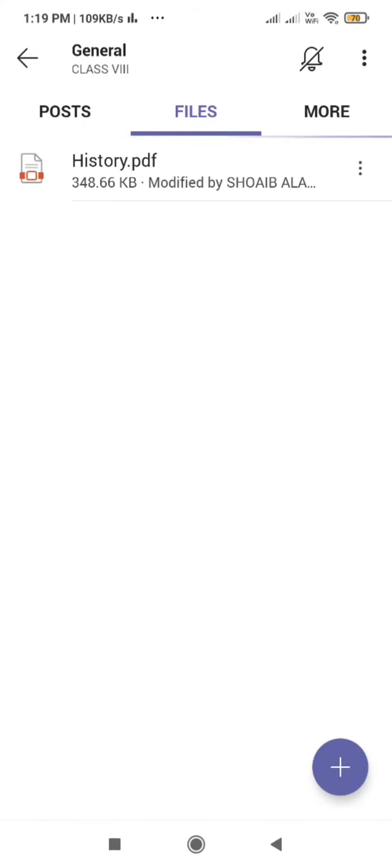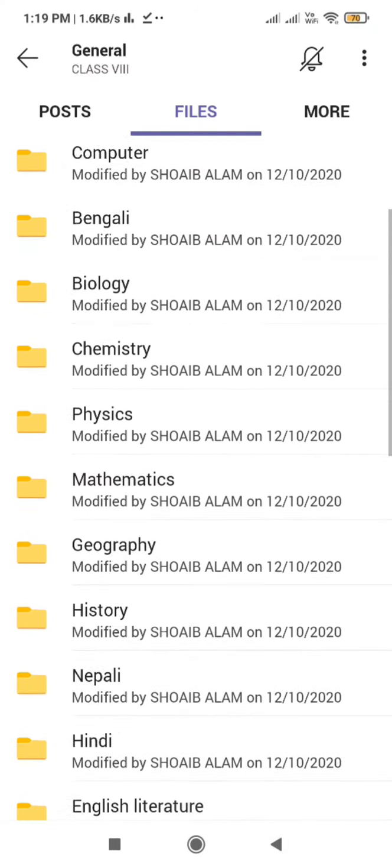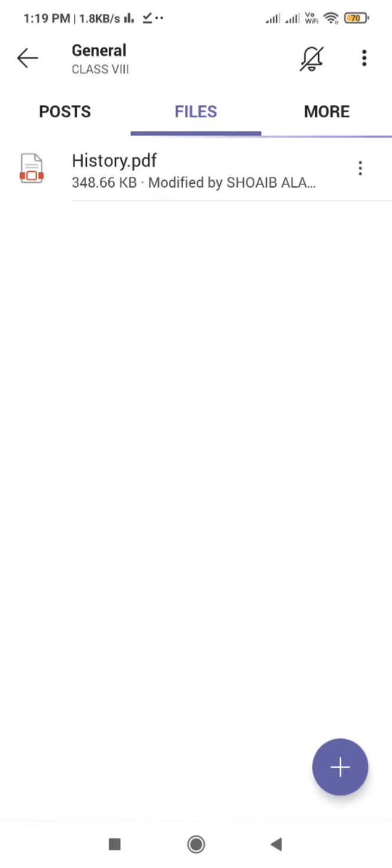You can see here preparing to upload. So it is uploaded. This much only we have to do. Nothing else you have to do. So your file is already uploaded. If you want to see whether the file is uploaded properly or not, you can go to the same folder. You can see your history PDF file is mentioned over there. If you want, you can write your name also while renaming the PDF file. You can write down your name, and after your name you can mention the subject, history.